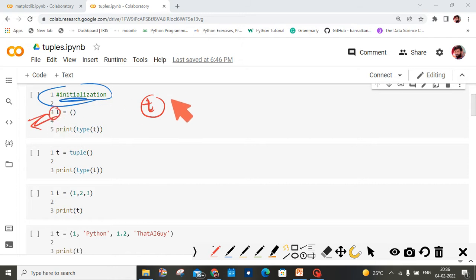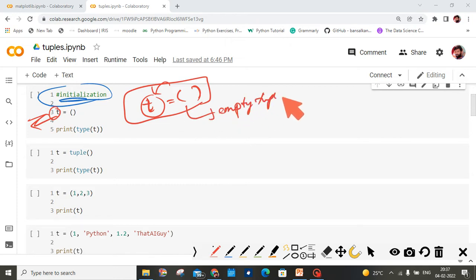We are assigning only parentheses into this variable. Nothing is there in the parentheses, so we call it an empty tuple. Let me run this code.